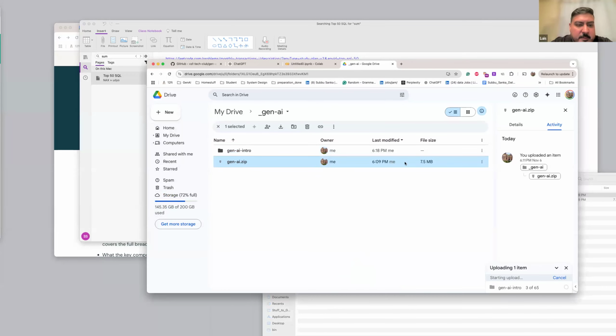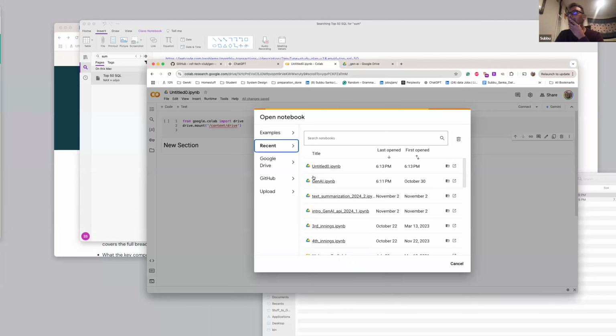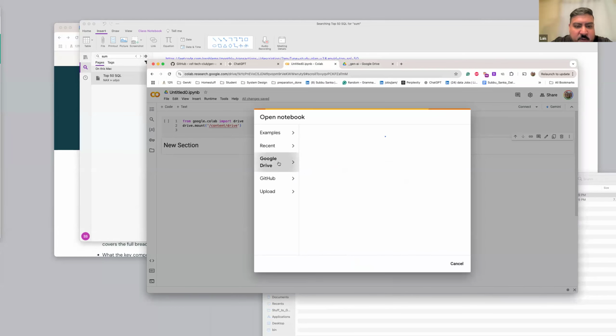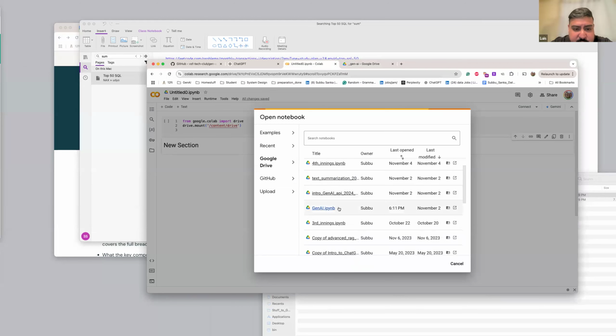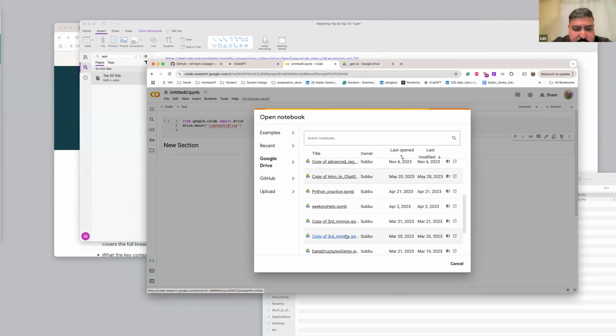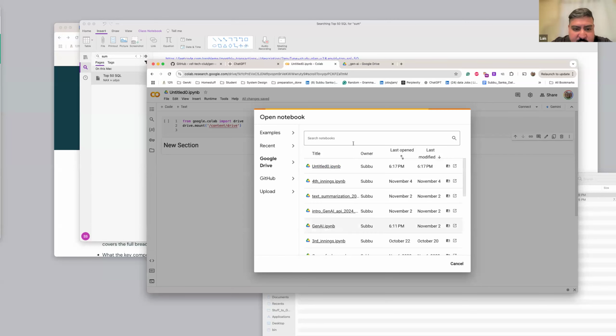No worries. Perfect. So all you have to do now is go back to Google Colab, and then you click File, Open Notebook in Drive, and then go to your Google Drive and open those notebooks that you just ingested. I think you have to go search for it.